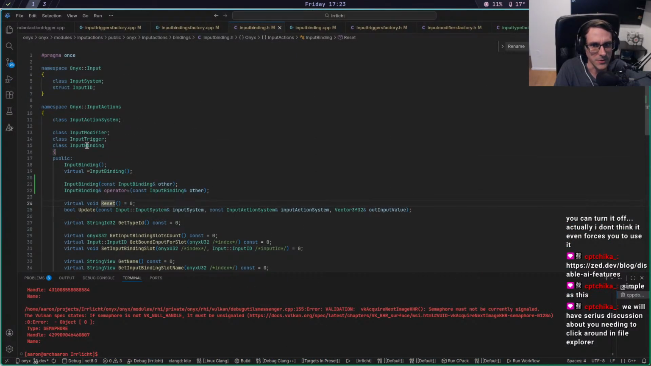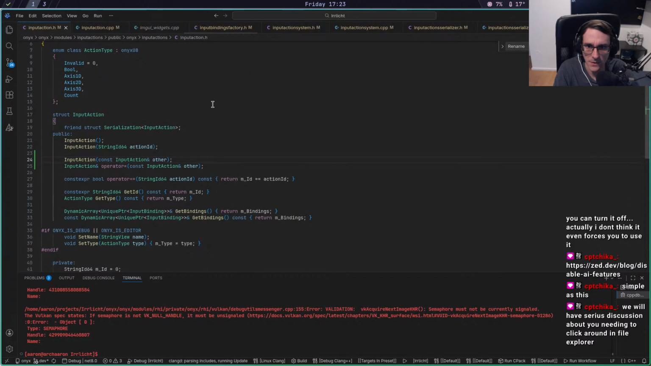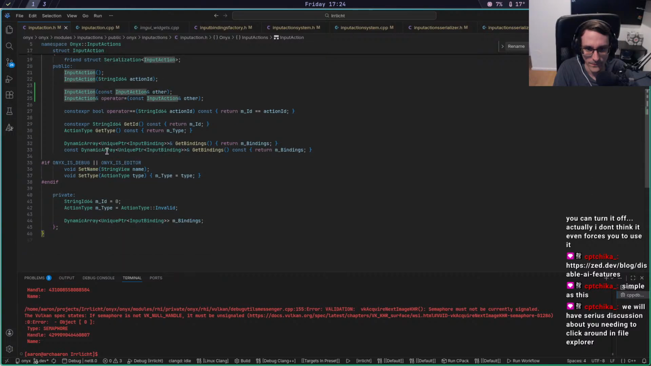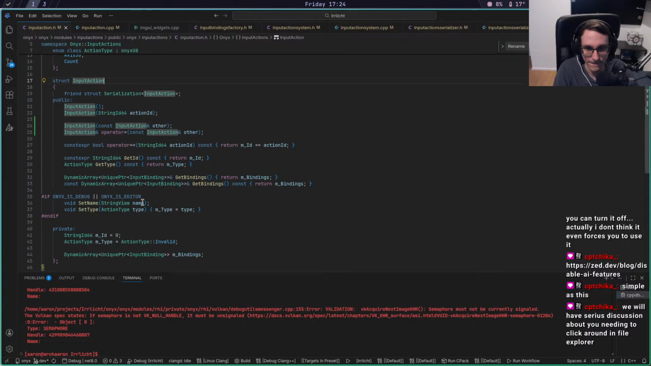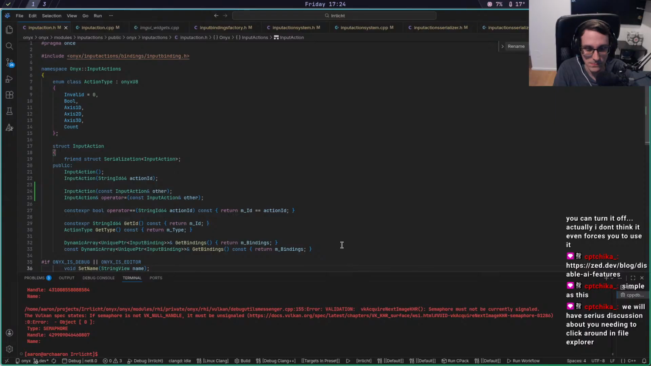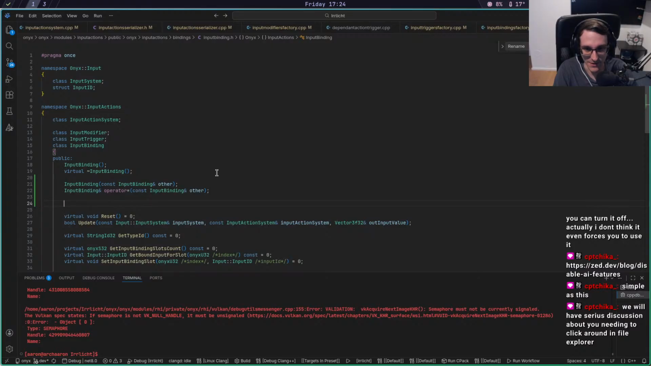Where is the type even? I think input action? Yeah, action type. And then basically an input binding has a